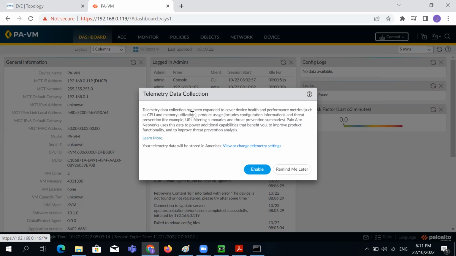What it writes down is that the telemetry data collection has been expanded to cover device health and performance metrics, such as CPU and memory utilization, product usage, which includes configuration information, and threat prevention, for example URL filtering, etc. Palo Alto Networks uses this data to power additional capabilities that benefit you, to improve product functionality and to improve threat prevention analysis. Okay, so this is an optional thing which you can enable as well, but we will not